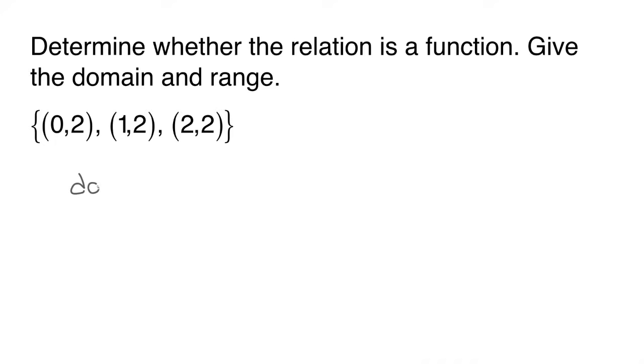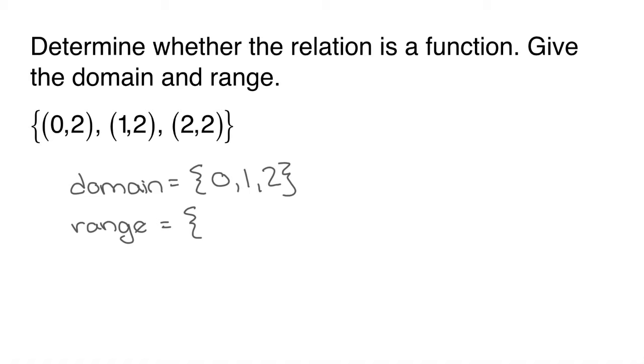So the domain of this relation is equal to the set containing 0, the first coordinate of the first ordered pair, 1, the first coordinate of the second ordered pair, and 2, the first coordinate of the third ordered pair. The range is the set containing all of the second coordinates, and so the range of this relation is the set containing 2. Notice that each ordered pair has a second coordinate of 2, and so our range only contains